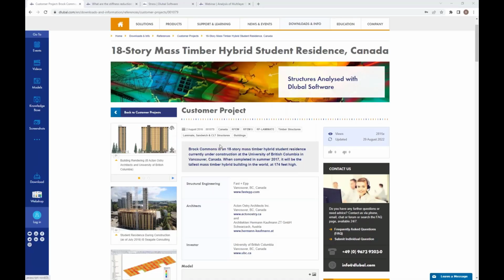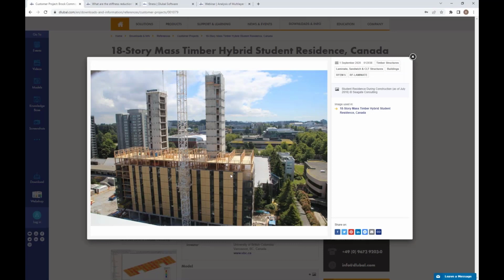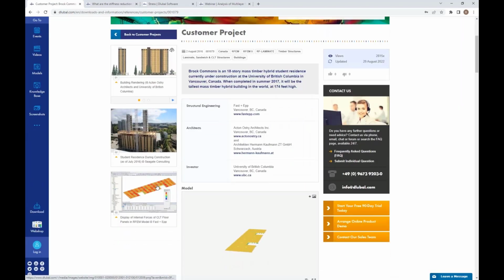Thank you. What I want to show you today is actually separated into two smaller models. The first one is based on a customer project, which we will just model from scratch and design. It's the Brock Commons building, so that's 18 stories and 53 meters high, standing in Vancouver in Canada. It's just because it's a perfect structure, and we will actually design one story of it. Therefore, we directly